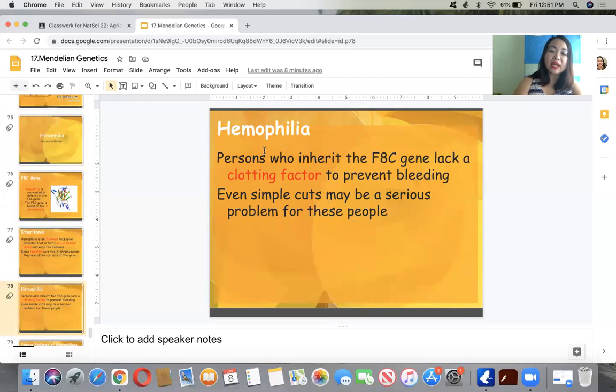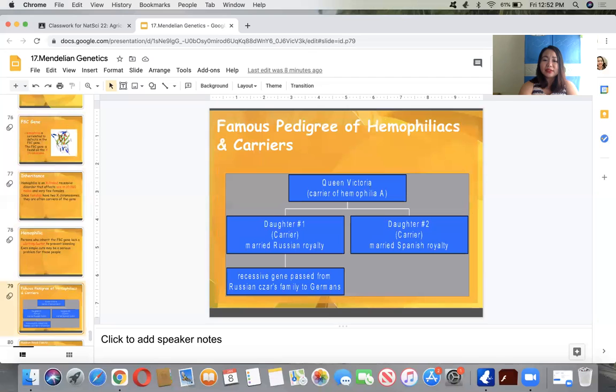Hemophilia is when persons who inherit the FHC gene lack a clotting factor to prevent bleeding. Even simple cuts or wounds may be a serious problem for these people because they need a substance or injection in order to stop the bleeding. Or if the bleeding doesn't stop, then they die because of